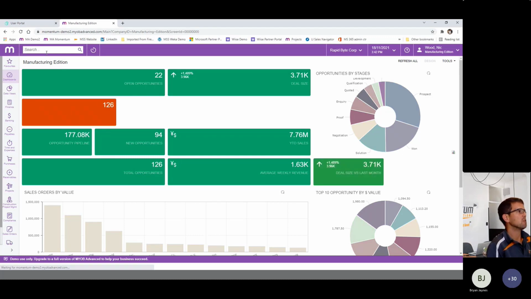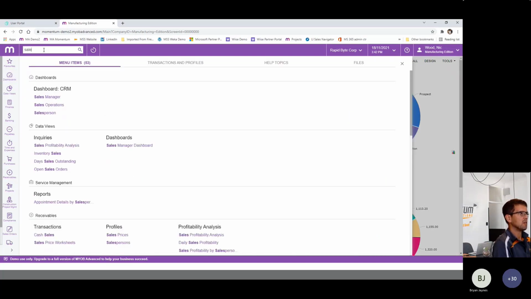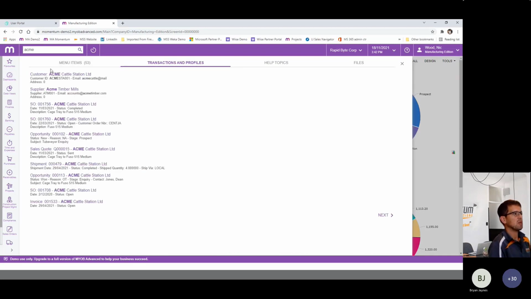As I mentioned, when you couldn't see, I have the global search, which is essentially the Google of MYOB Advanced. If I search it through all of the menu items, we can go in and see all of the transactional records, customers, invoices, products.